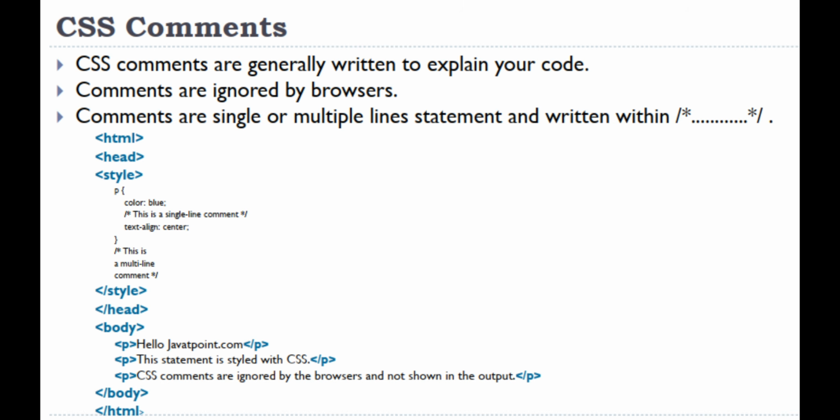CSS comments. CSS comments are generally written to explain your code. Comments are ignored by browsers. Comments are single or multiple line statements and written within